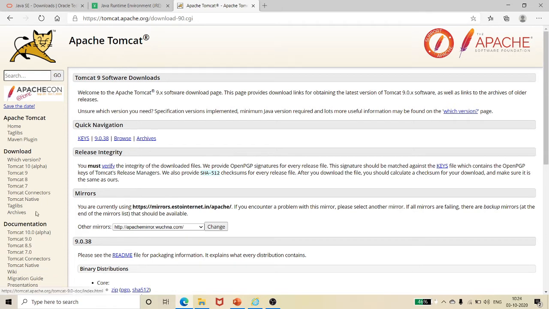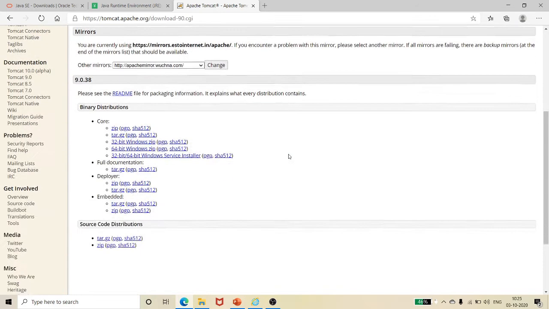It has so many versions. I am using Tomcat 9 as of now. For downloading Tomcat, there are so many distributions, binary distributions, source code distributions, and everything. So don't panic by seeing all these formats.